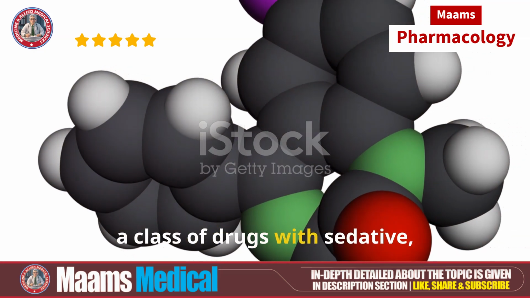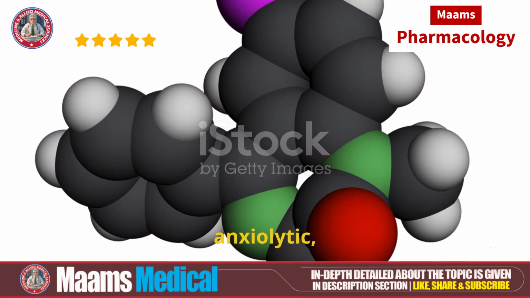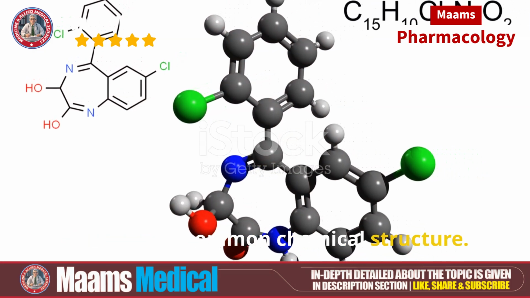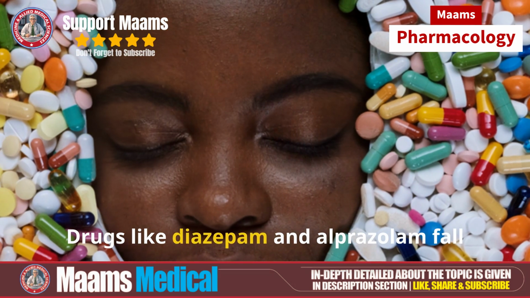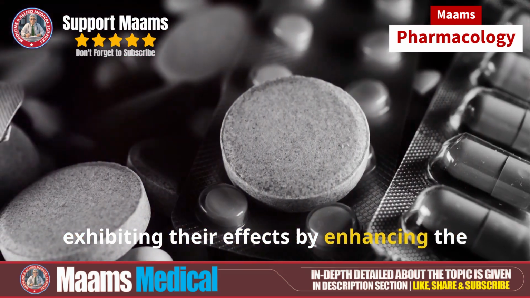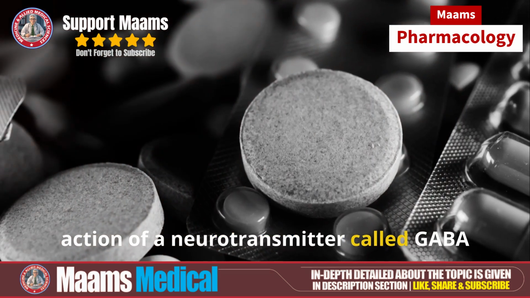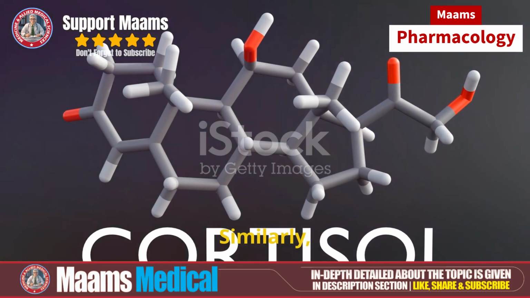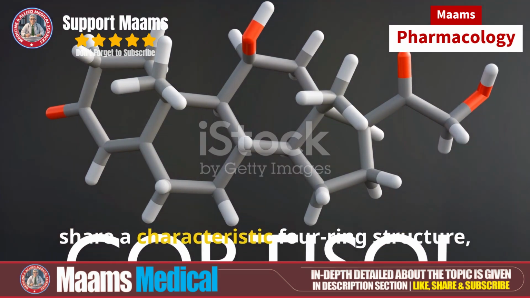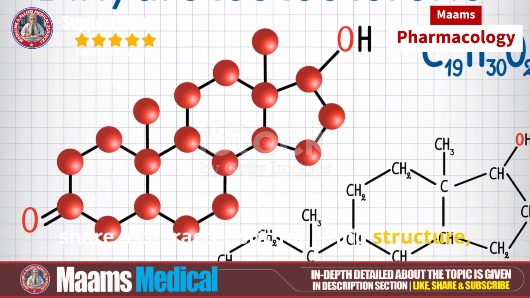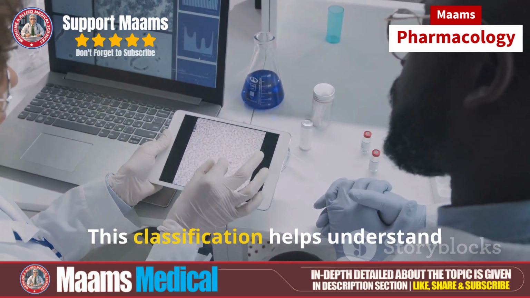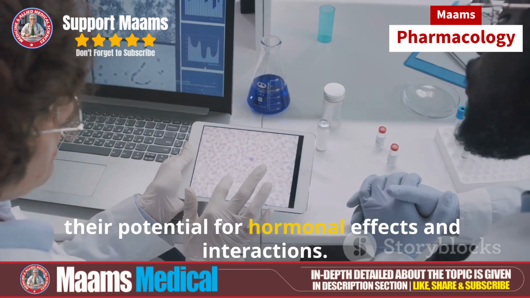Benzodiazepines, a class of drugs with sedative, hypnotic, anxiolytic, and anticonvulsant properties, also share a common chemical structure. Drugs like diazepam and alprazolam fall under this category, exhibiting their effects by enhancing the action of a neurotransmitter called GABA in the brain. Similarly, steroids like cortisol and testosterone share a characteristic four-ring structure, despite having diverse functions in the body. This classification helps understand their potential for hormonal effects and